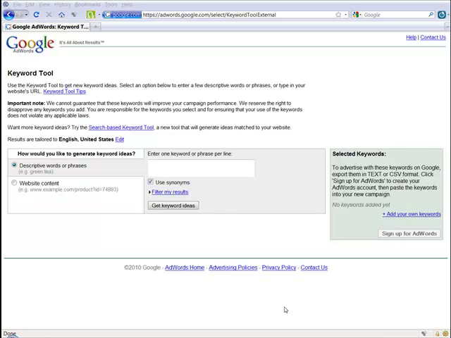You can find it at adwords.google.com/select/keyword tool external, or the easier way to find it, because I always forget this also, is just to type external keyword tool into Google and it should be the first result. So you just come down here and we can enter as many words or phrases just like you were doing